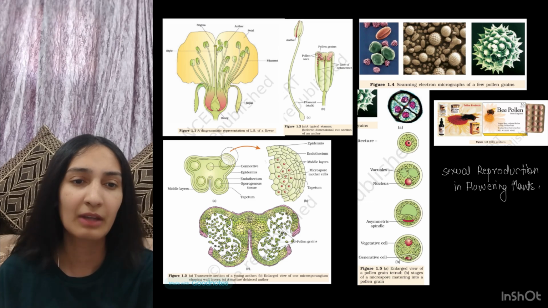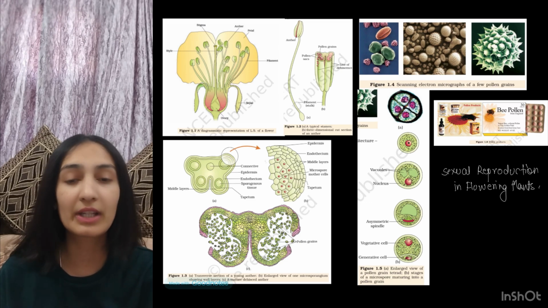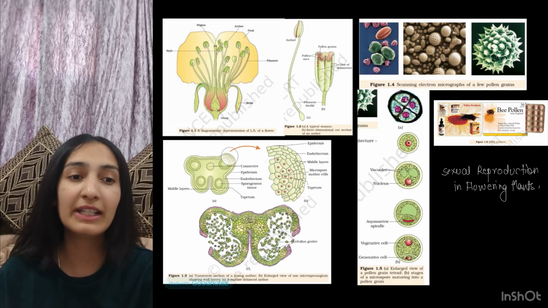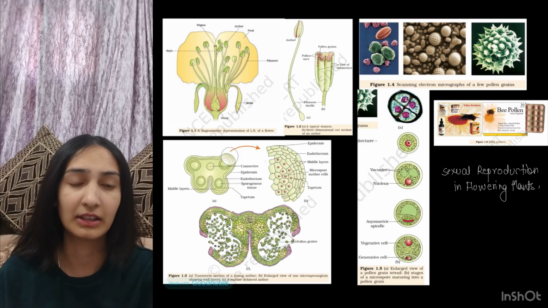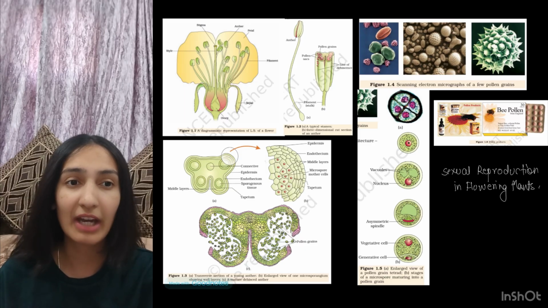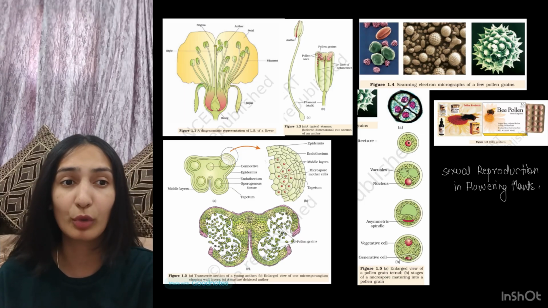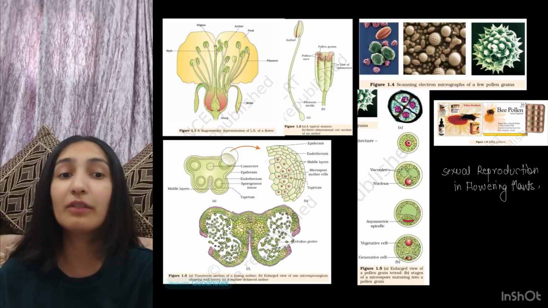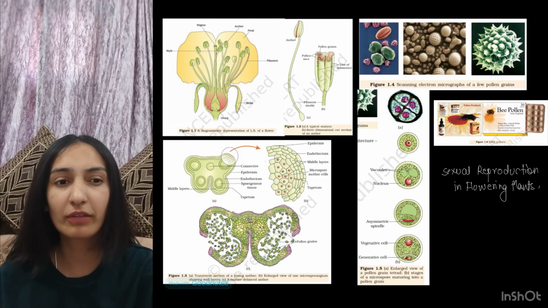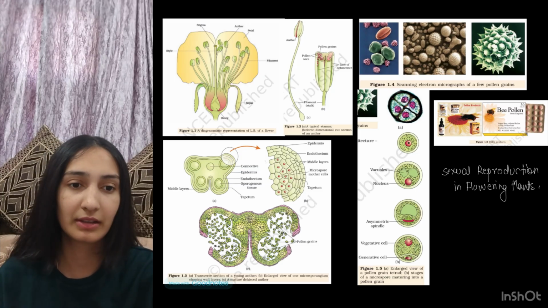Next, figure 1.2a shows a typical stamen in which we have anther. Then 1.2b depicts the three-dimensional cut section of an anther. In this cut section you can see we have pollen sacs inside which we have pollen grains, and you can also see the line of dehiscence. And in both of them you can see we have the filament.